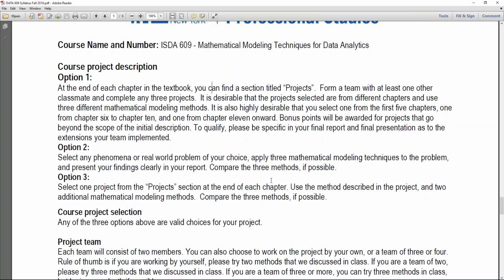That's one option. Option two, select any phenomenal or real-world problem of your choice, apply three mathematical modeling techniques to the problem, and present your findings clearly in your report. Compare the three methods if possible. Apparently, it's still a teamwork project, so you can work on the three problem set with another team member. If needed, you can find two team members as well, meaning that three of you work on